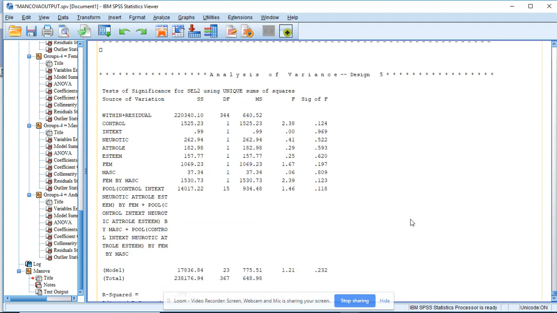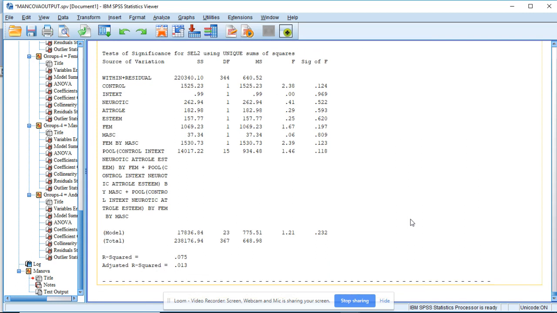Okay, so we've scrolled all the way to the bottom of our output, because this is where essentially everything has gotten added up all together. Everything is down at the bottom here. We've got the socioeconomic level and all of the different covariates and dependent variables and femininity and masculinity and the interaction of those. Every possible combination of everything is within this